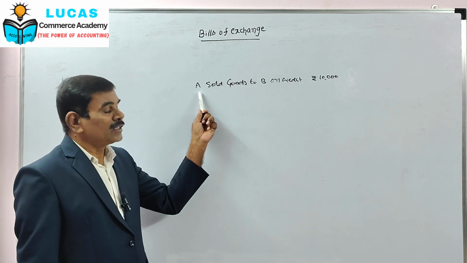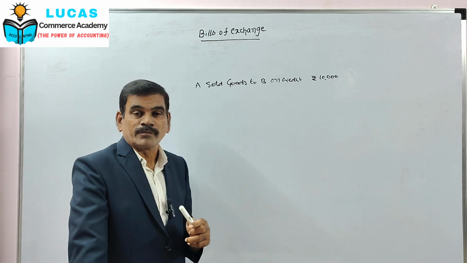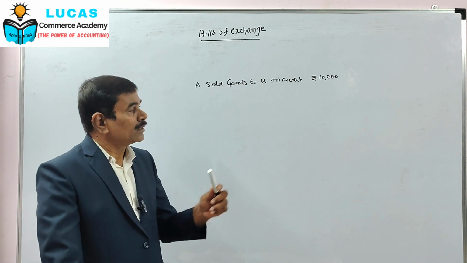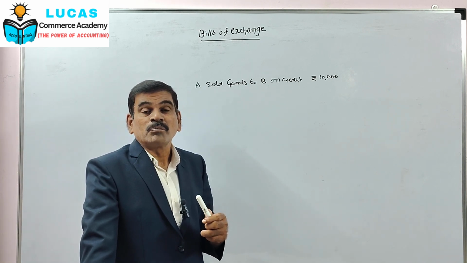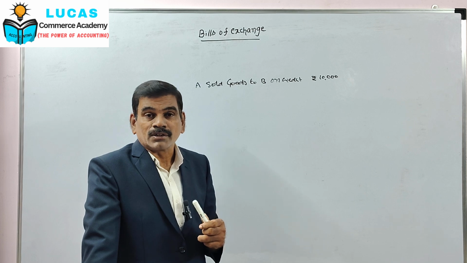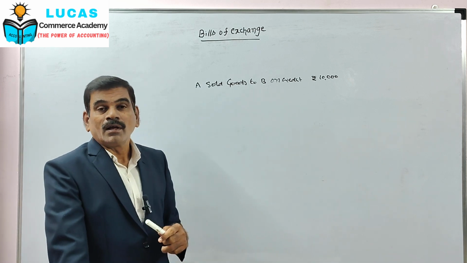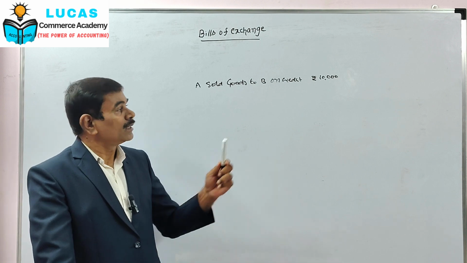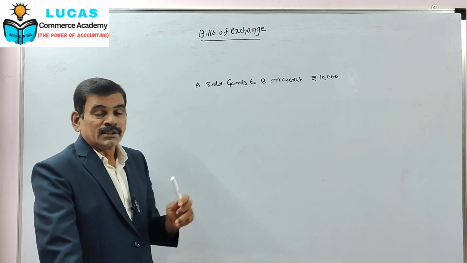That means A is going to receive the amount from B in future. But in future, B may or may not pay the amount of cash. So in this case,